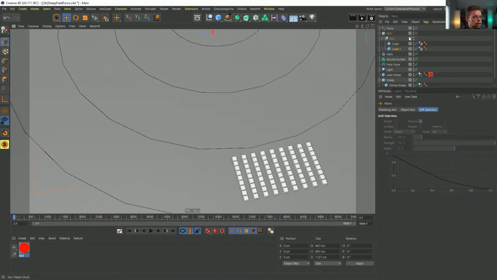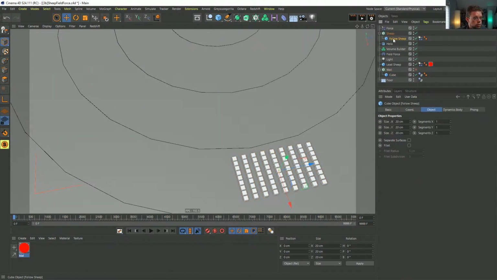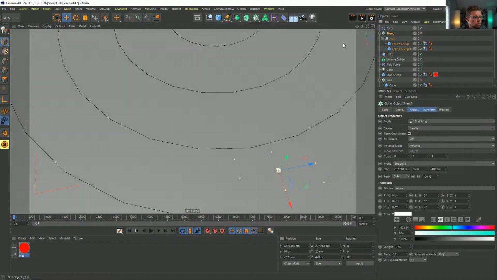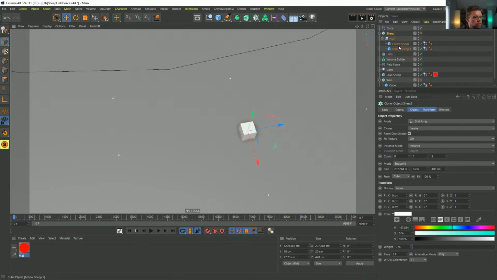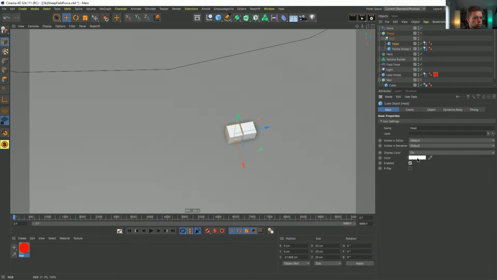Oh, I keep on messing with the wall. I gotta stop doing that. The wall goes below, the sheep go above. Okay. So here's the thought. We put the sheep into a null, and we make a second one. Turn off the cloner for a moment, and yeah, there's our sheep. So let's make this the head of the sheep, and we'll pull that forward, and we'll make that one black. I don't know, the cloner will probably kill off these colors, but we make that one black. And now we've got the body of the sheep. I'm gonna make that a little bit bigger.